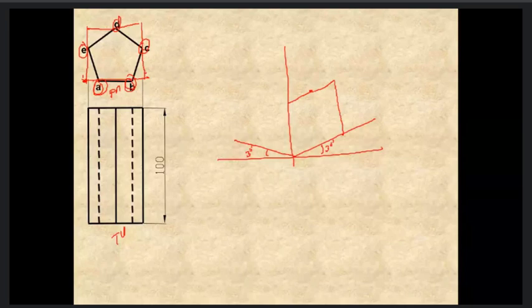See, you will have such type of problems and you have to make the imagination how the job will look like. Now make the imagination. I have shown you different types of features. Suppose you are having one job on which one projected part is in the form of a cylinder, or the projected part is in the form of a rib, a triangular rib, or if it is in the form of a pentagonal prism. If it is in such a form, then how to draw that, I have shown you.